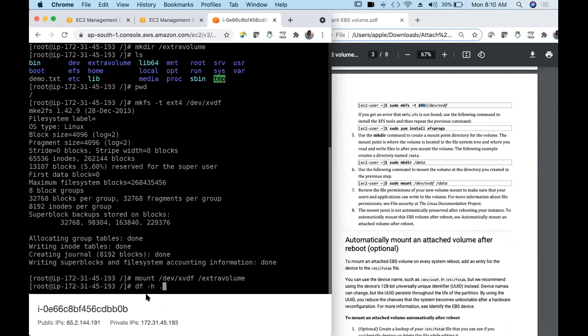To check that we have successfully mounted, if you are not getting any text after executing this command, that means you have successfully mounted it.